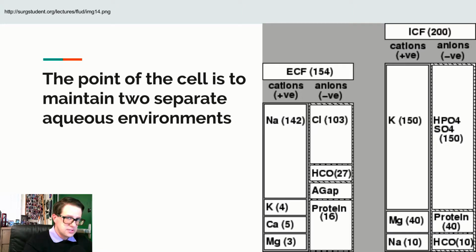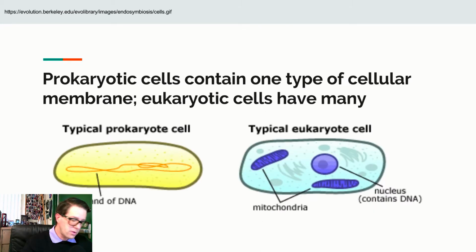The composition inside of the cell is going to be different than whatever is outside of the cell, which we call the ECF, or the extracellular fluid. This picture here deals with human cells, but we can do this for any cell in existence. The inside is going to be different than the outside. And when you look at these cells,